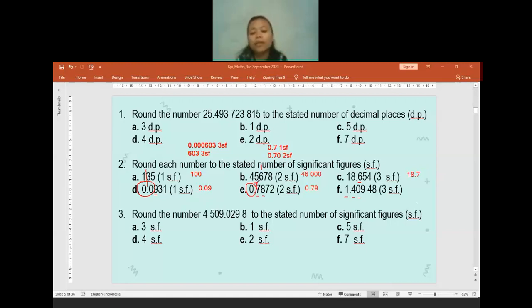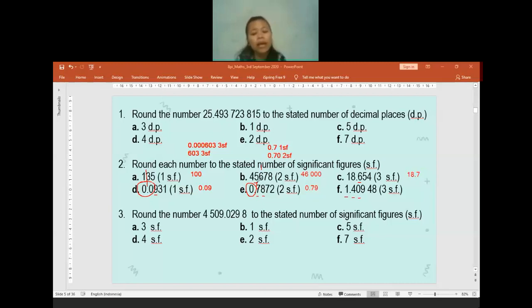Can you tell me which part is making you confused? Recognizing which digit is significant, or how we round off the number to the correct significant digit, to the given significant figures? Can you tell me which part? Because the clue to round off the number to the given significant figures is you have to be able to classify which digit is significant. After you are able to classify which digit is significant, round off the number to the given significant figures